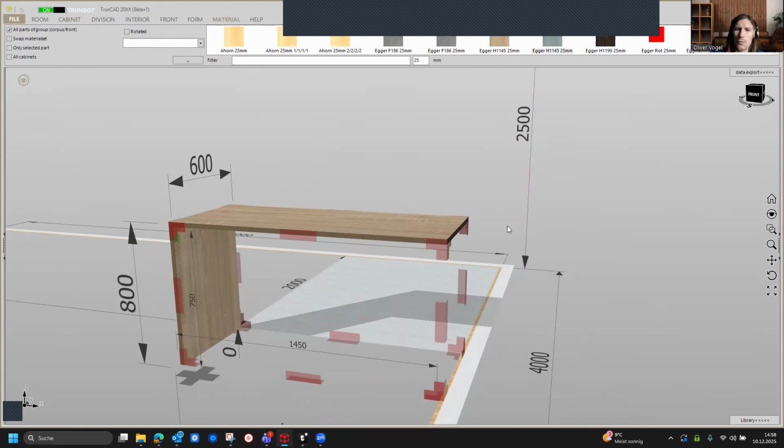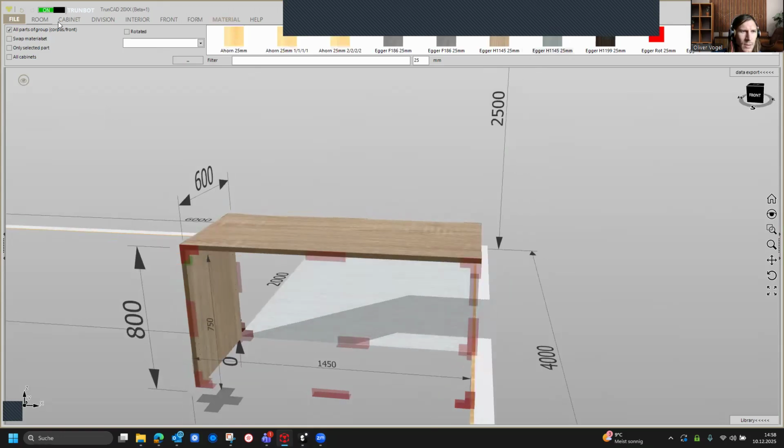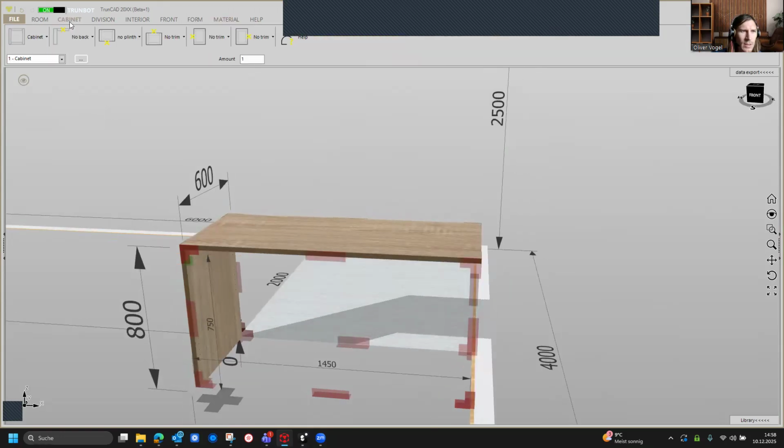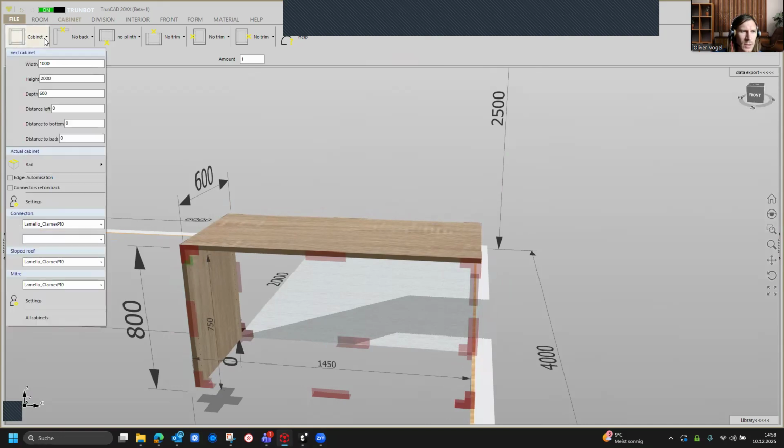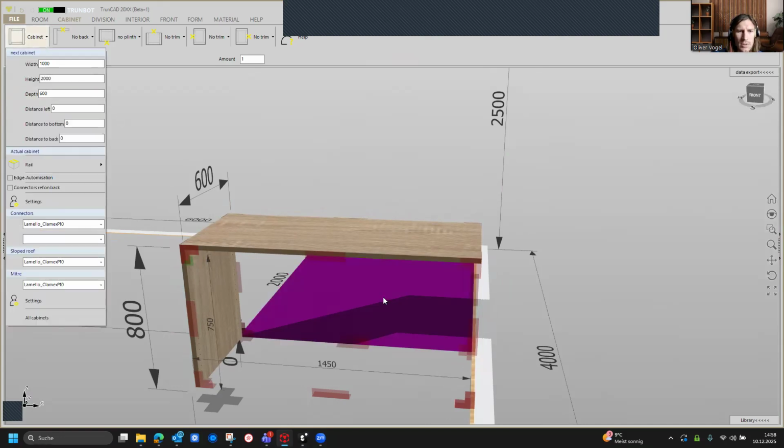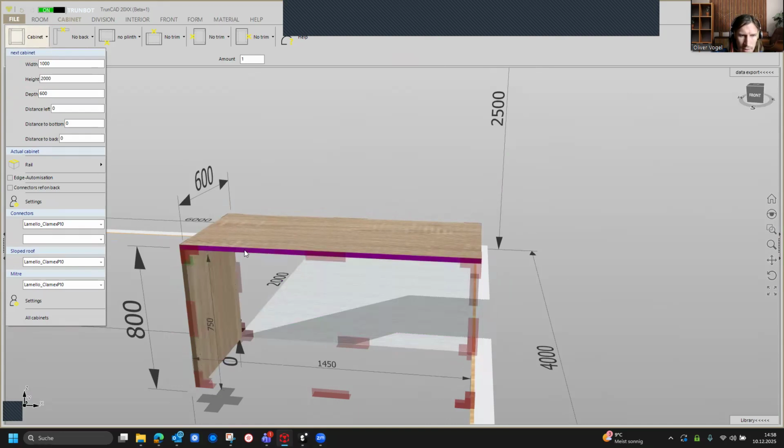And now we come to the next cabinet. Therefore, we go back to the cabinet tab, go on the drop-down menu for the cabinet, and our next cabinet, because here we have a thickness of material of 25 millimeter, and it should be passed below here. That's why the height is not 800, it's 775. The depth is the same, and the width is